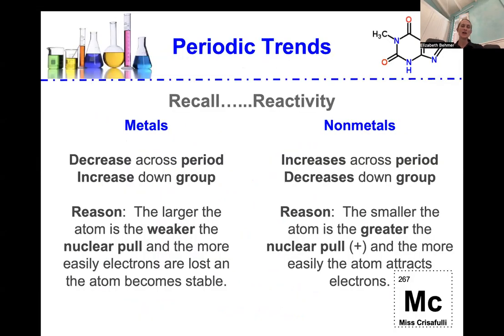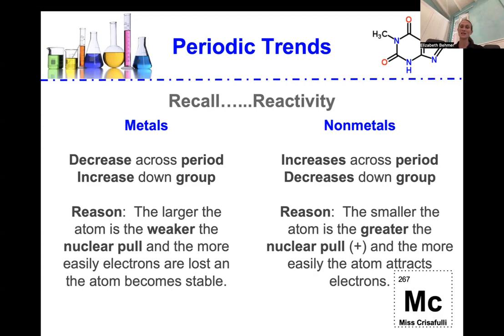More about periodic trends, recall reactivity. So in terms of reactivity in metals, reactivity decreases across the period and increases down a group. And the reason for this is the larger the atom, the weaker the nuclear pull, and the more easily electrons are lost and the atom becomes stable. In nonmetals, reactivity increases across a period and decreases down the group. And the reason for that is the smaller the atom, the greater the nuclear pull and the more easily